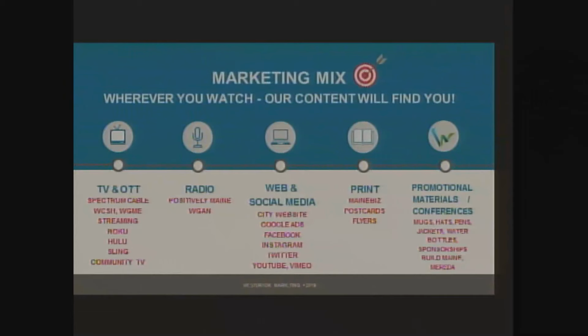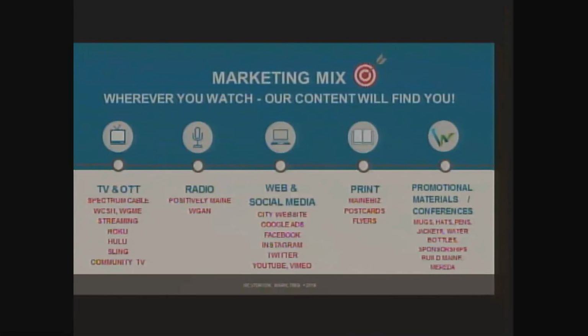So we have quite a wide variety of places where we've been marketing. We're really trying to be everywhere, and it takes a lot to put it in all these places, so we're constantly working and measuring and seeing what's working well and what's not. Some of it's experimental and some of it's new, so we're finding our way, but we're definitely getting a lot of response from it.